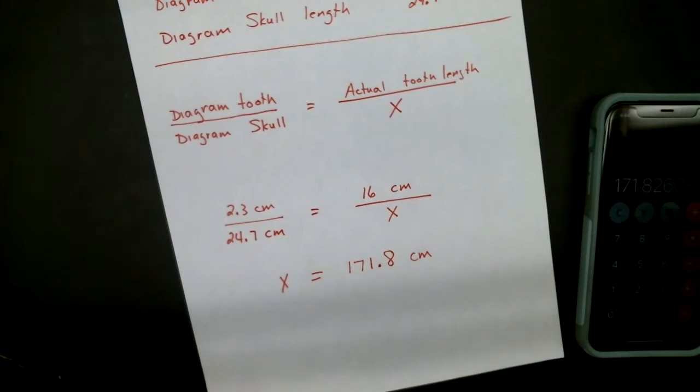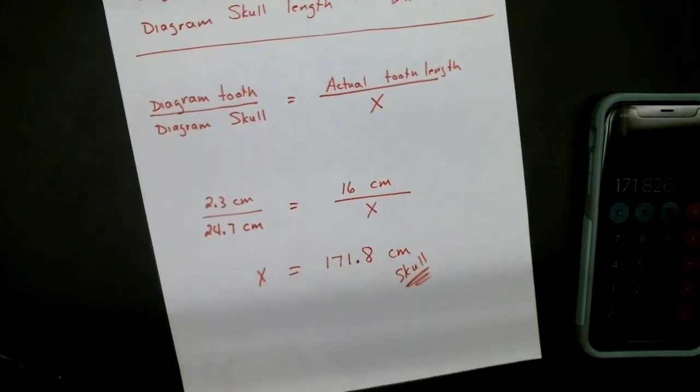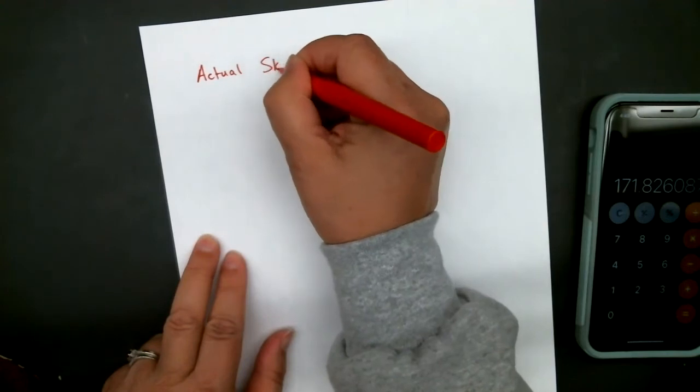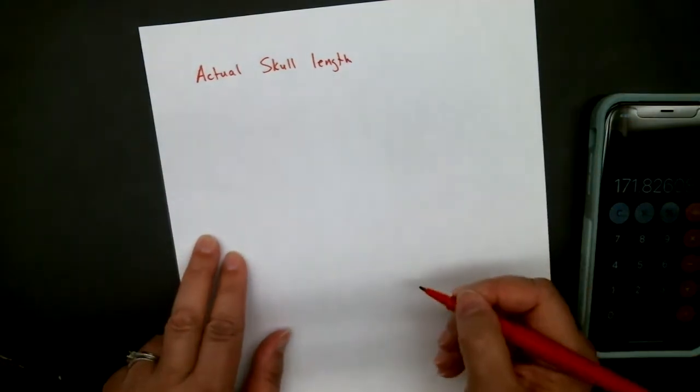All right, so then another thing that they might want to know is, well, how big would the animal have been? So this is our skull, and we're going to use that to figure out how big the animal might have been. All right, so we're going to start with our actual skull length. And that was